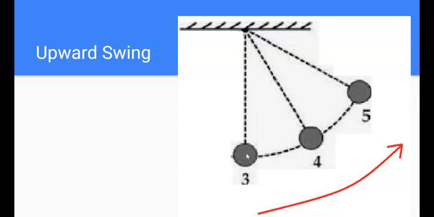So again, what we have here is lowest height, minimum GPE, then GPE is gaining, GPE is increasing because of the fact that the bob is getting higher in height. And then here we have maximum GPE because the bob has gotten as high as it can in height. But what's happening is the opposite for KE. The bob is slowing down in speed to the point where it has maximum KE, medium KE, and now minimum